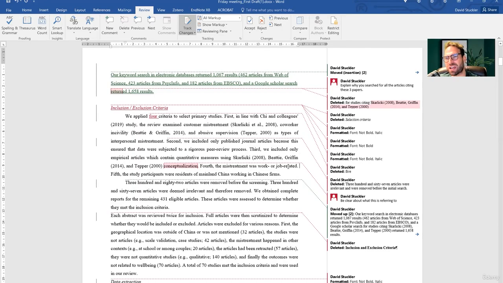So have a think about this. I think this is conceptualization of mistreatment. You've already said this here.